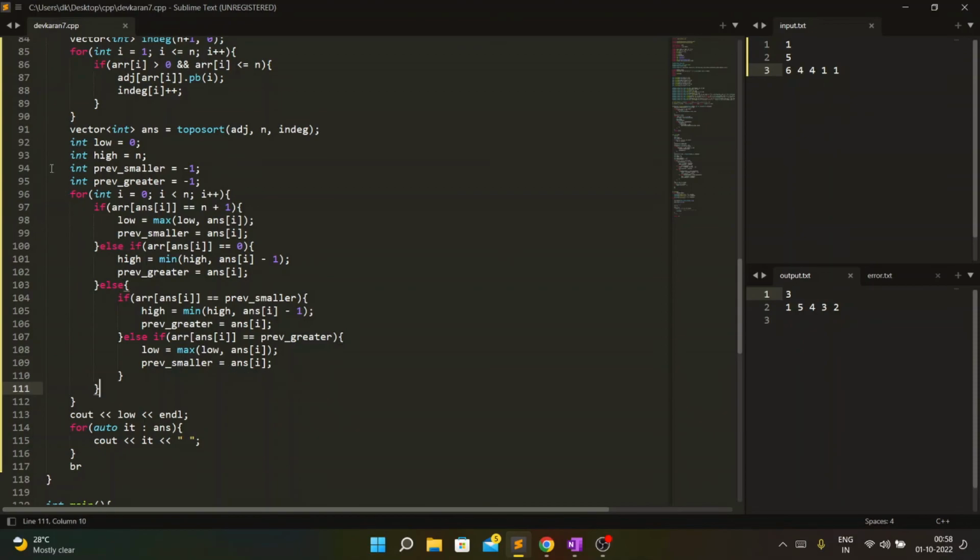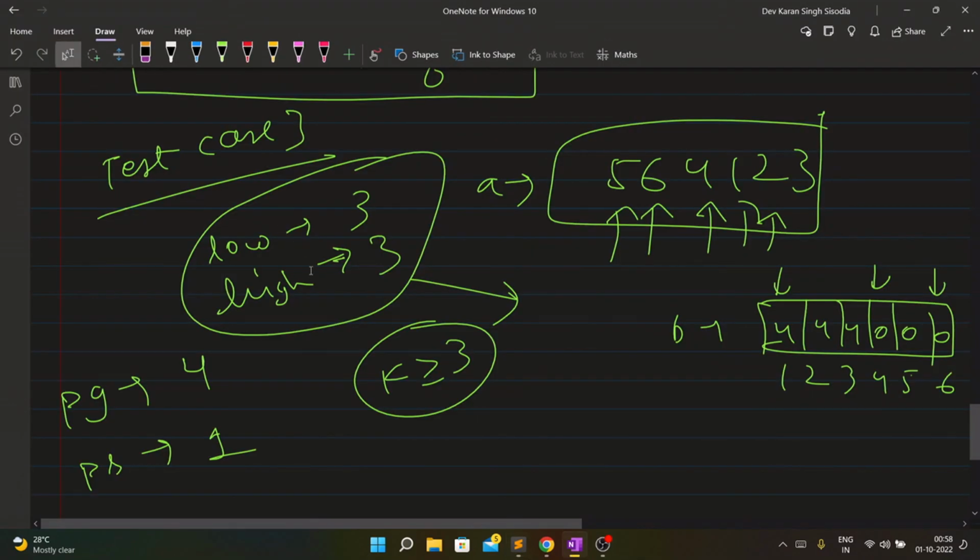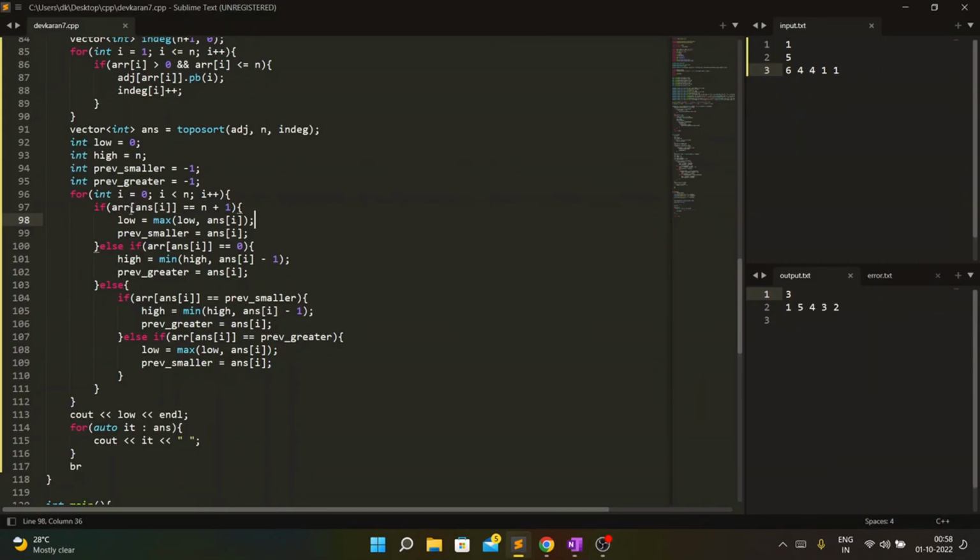So let's see what the code is saying. Int low is 0, high is n, previous smaller -1, previous greater -1. Now if the answer at i is equal to n plus 1, this is the greater case, we update the high. This is the smaller case, we update the low, and we also update the previous smaller. This is the greater case, we update the high, we update the previous greater.